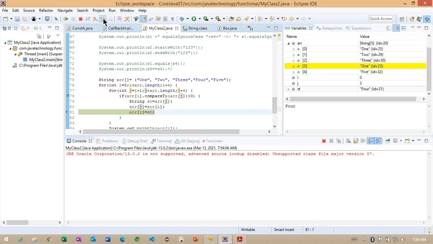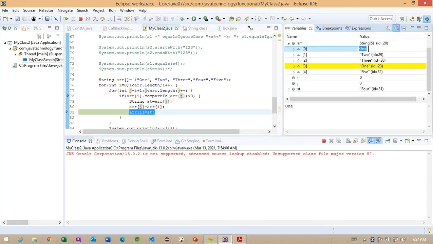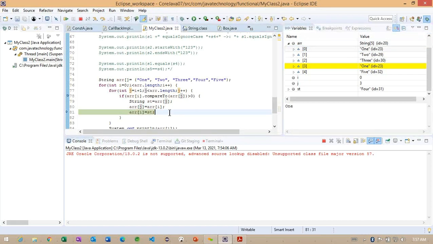Previously we had 4 here, now it is changed with 1. Getting the point? This line is also very important: this particular index number 0 is going to change with 4. This is the way we try to change the location of the object.